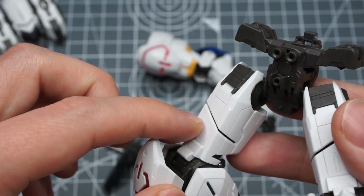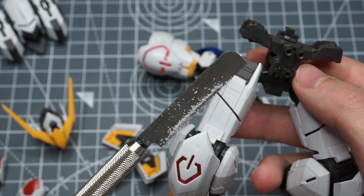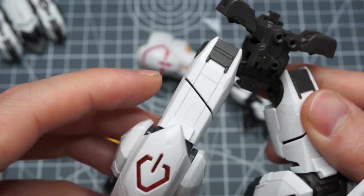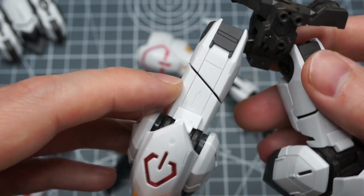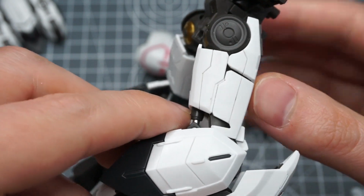This was one piece before, but I took it apart and used this guy right here to cut it right up, sanded it back, tidied it all up, and created this pretty interesting significant parting line right here. Got some more that run down here and here, some on the side,